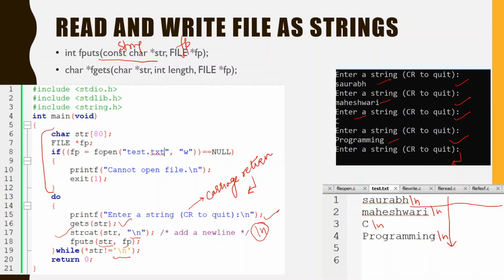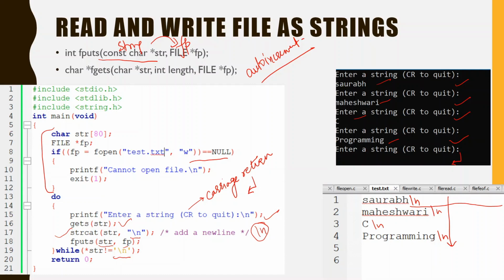So this string is going to be stored in the file, and obviously both of these functions are also auto-increment functions. It means when you enter a string, the file pointer will move after the string. And we finally return 0 from main. In this way we can write strings to the file. Here are two important things to note: we have opened the file and directly checked equals to null in the same if clause. So this should not be a confusion to you.